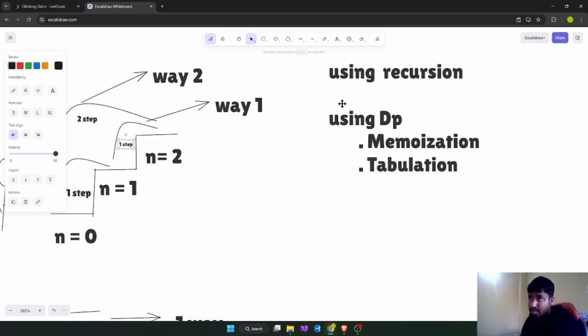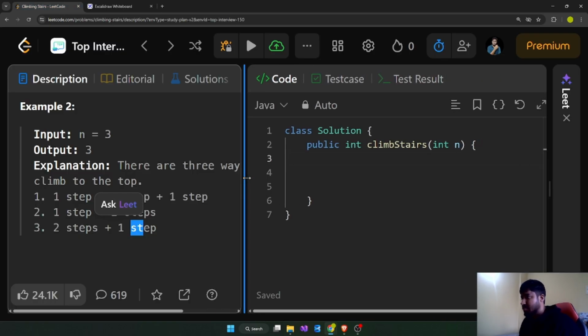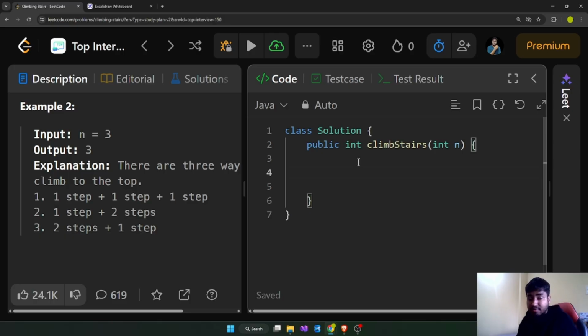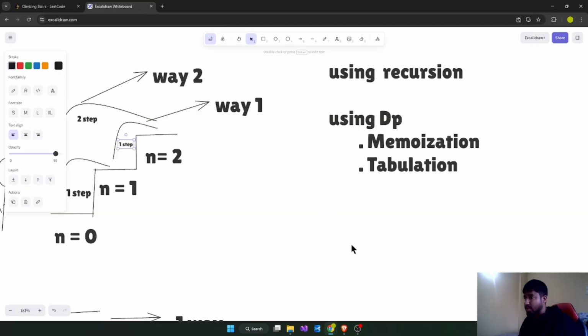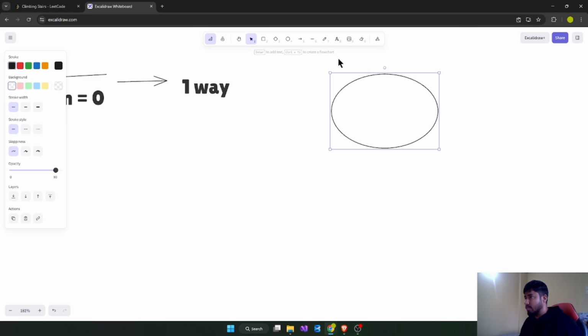So check it once. How can I achieve this answer? And check the test cases that I have. First I have to combine all the ways. Suppose you go with one step, so how can I call the other one? Climb stairs. So if you think, if you go with one step, let's see, if you add a 2, right? If you add a 2,